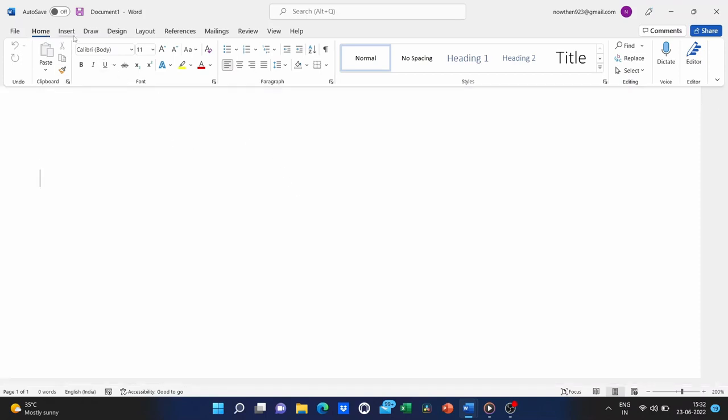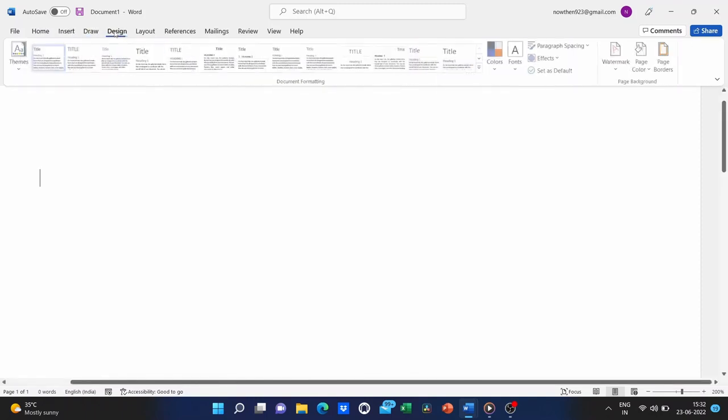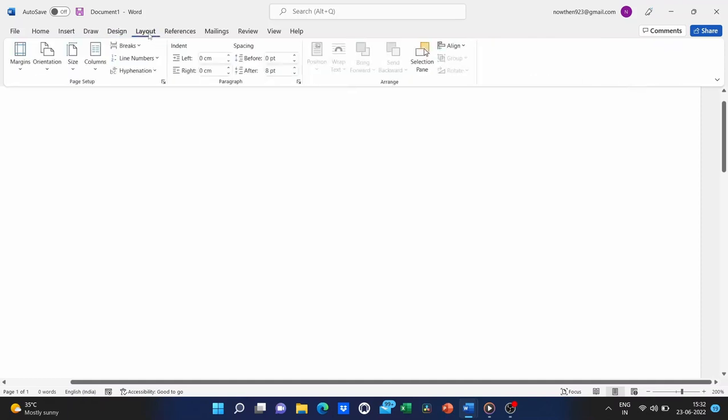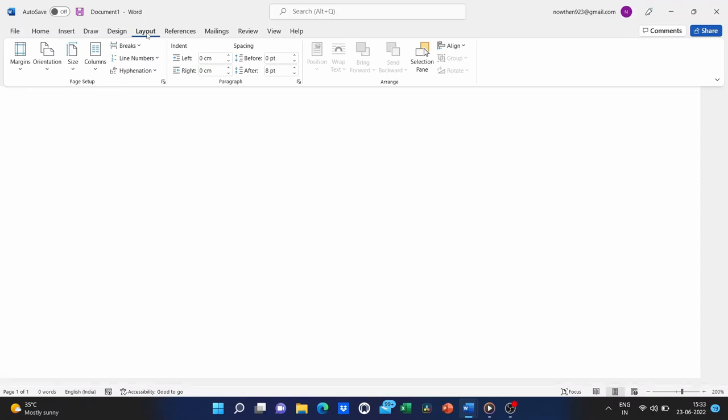When you click on it, it will give you a different ribbon, and that's what this is called, the ribbon. And the ribbon changes based on the tab that you click. Okay, so if I want to change something about the layout, I click on Layout. And then I look at the layout ribbon and see what I can do.